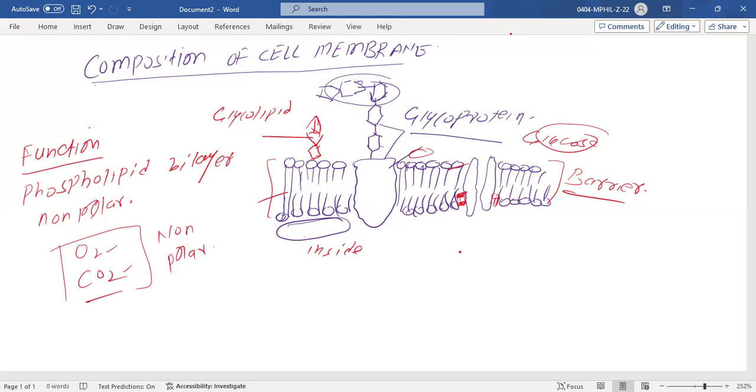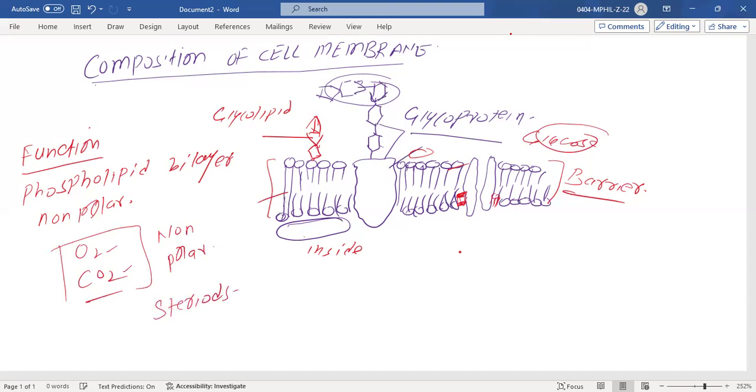But normally most other substances which are water soluble are not allowed to pass through this membrane, right? So that is its function. Are you getting this point? Yes, sir. So steroids, progesterone can also pass through this bilayer, because these steroids are also non-polar, as you know,